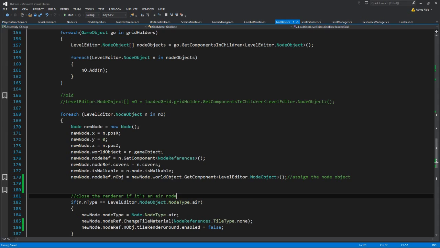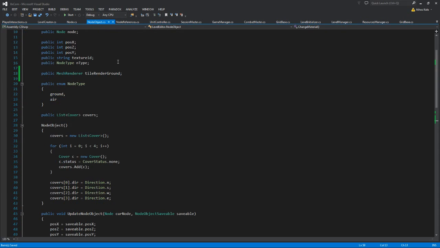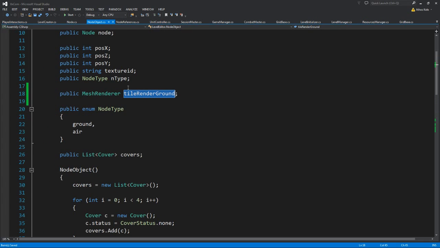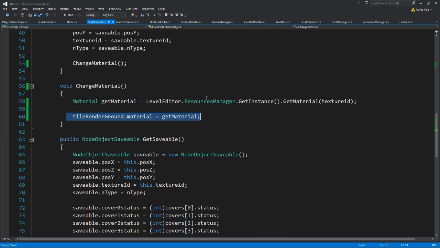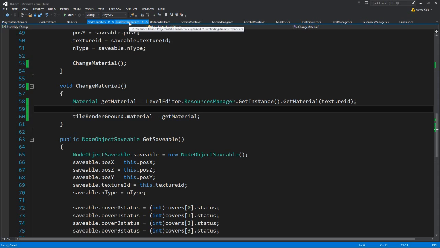and let's see directly the changes we have to do on the node object. Okay, tile renderer ground, you need to change the name. Previously we only had it as tile renderer, and of course you need to also update this one over here. Okay, this is easy. Now to the node references,